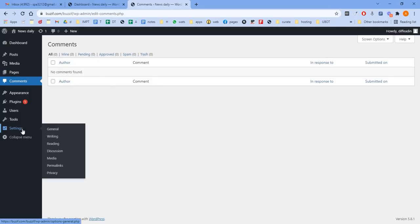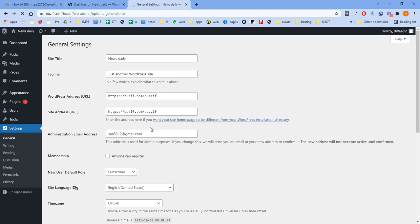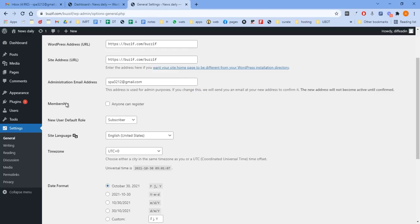After that, you should go to settings, and let's go to general first, because these are the prerequisite and very important settings that you need to make sure you do before you start posting and start indexing your website. Okay, tagline: if you want to have a tagline for your WordPress, you can remove this default tagline and put your own tagline here. Okay, if you want to have www with your WordPress website, you can set these things here. And